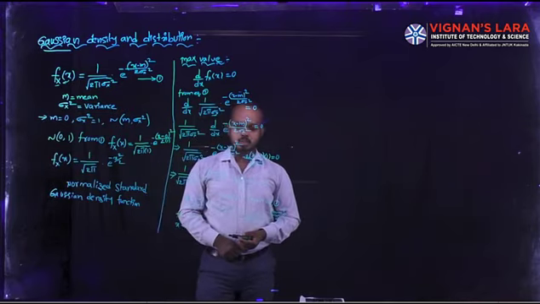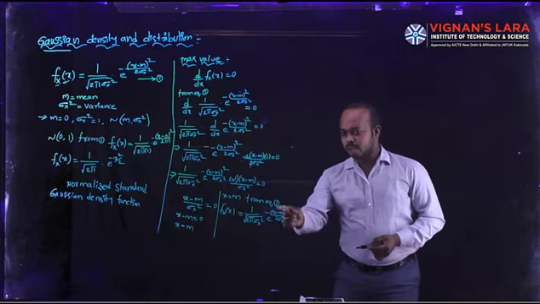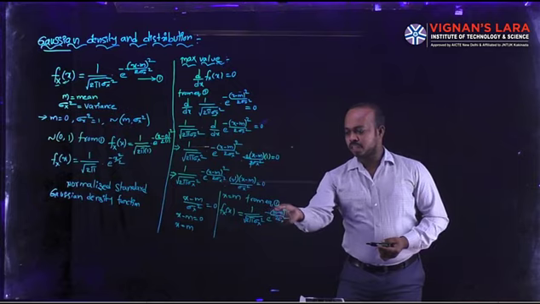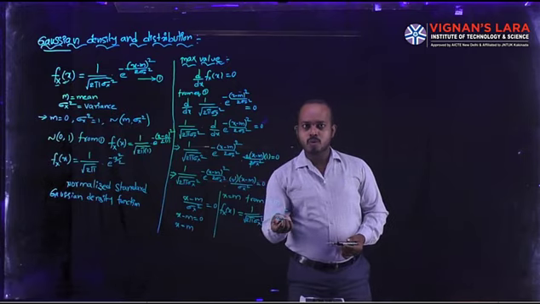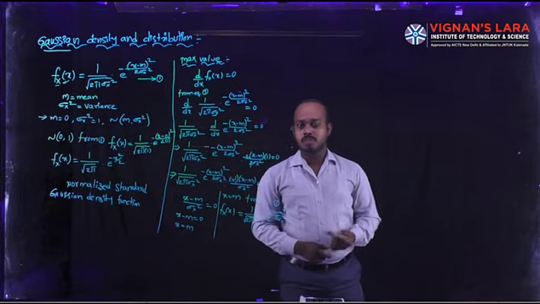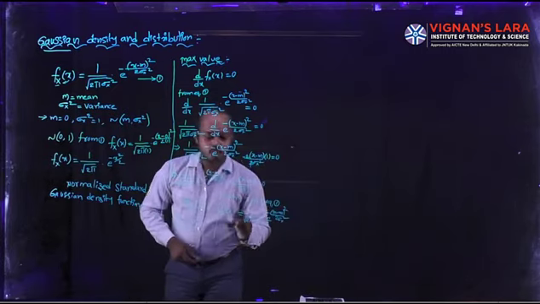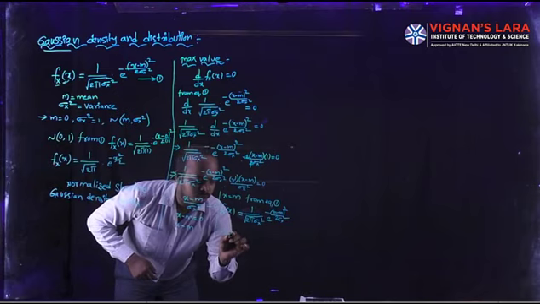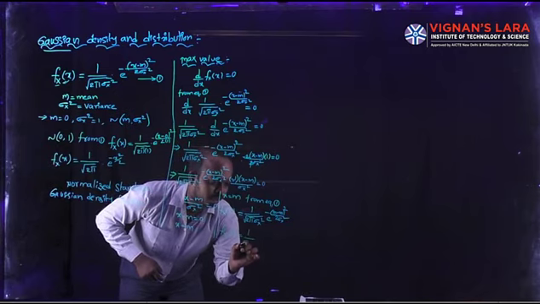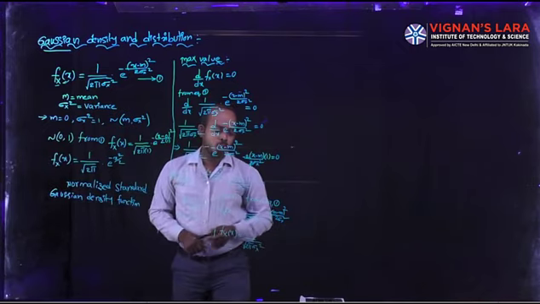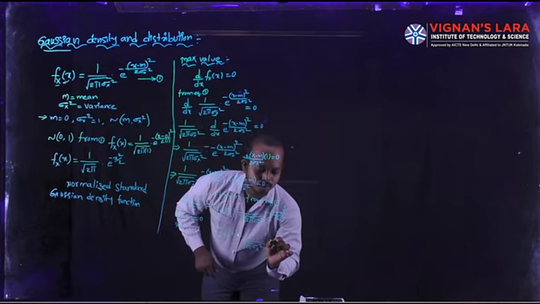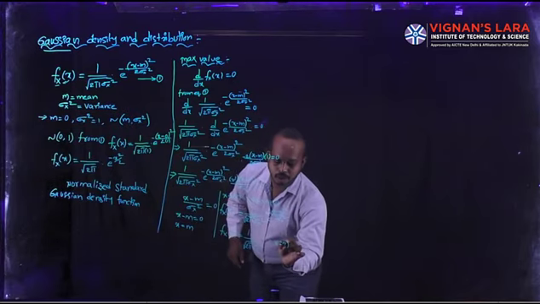Here both quantities, m minus m, are the same quantities. That's why in the minus operation between these two terms, they cancel, and the value is 0. The total e power 0 we consider as 1. This is a basic property of the exponential. Finally, the density function maximum value fx of x is equal to 1 divided by square root of 2 pi sigma x square. This is the maximum value at x is equal to m. We get the maximum value at x is equal to m.